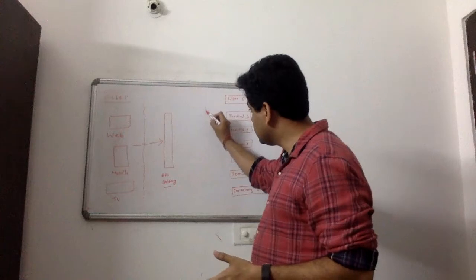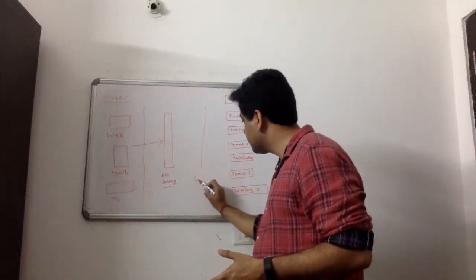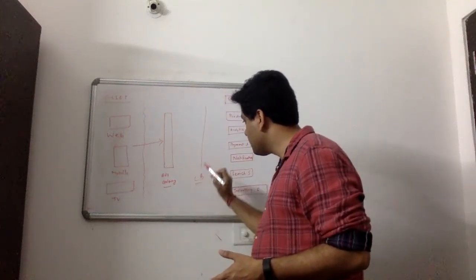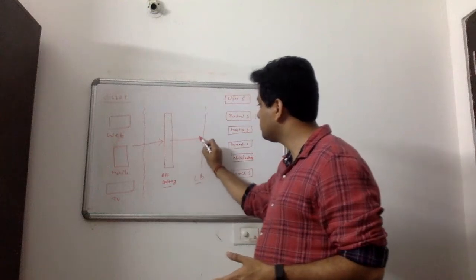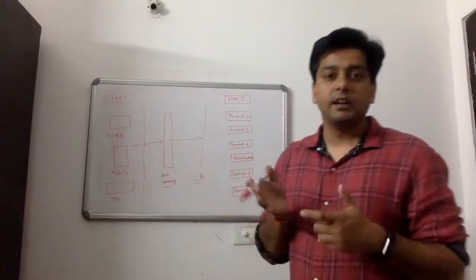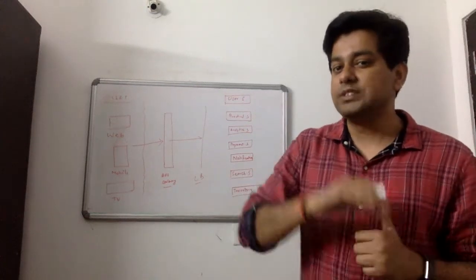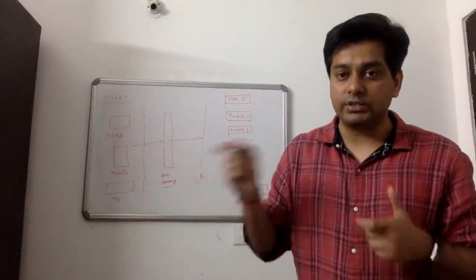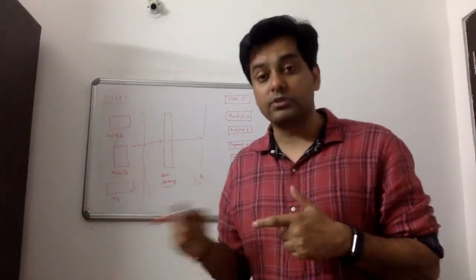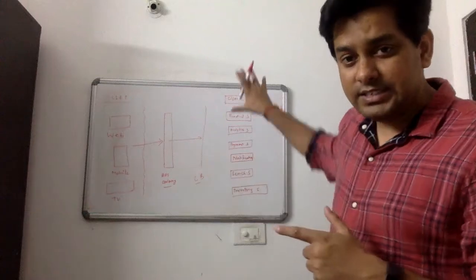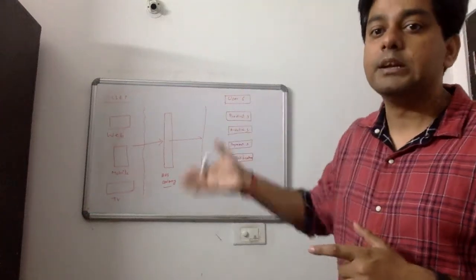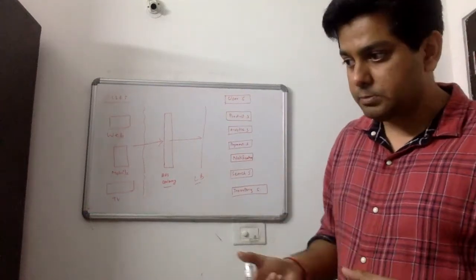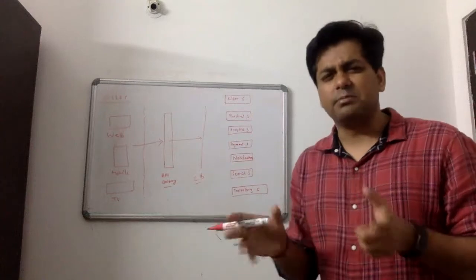So here we need a load balancer. Let's call it LB. Now my API gateway talks to the load balancer. The load balancer decides which server it has to route that request to, to reach that service. And because these services are deployed on multiple servers, that's exactly the microservice thing.